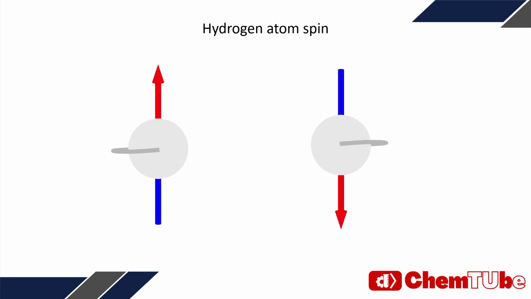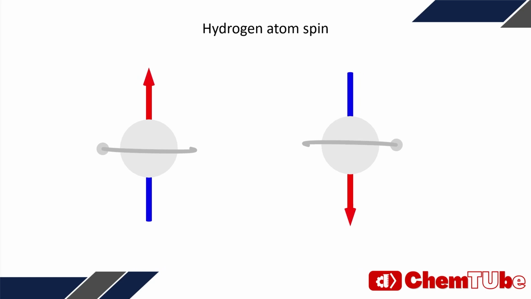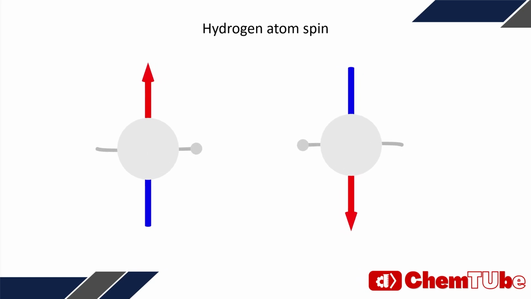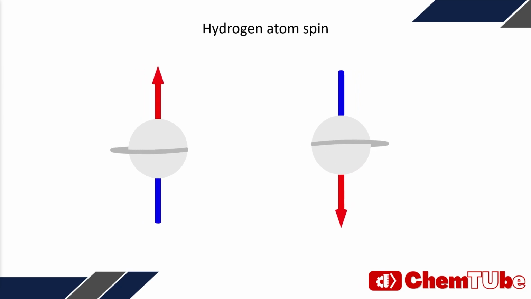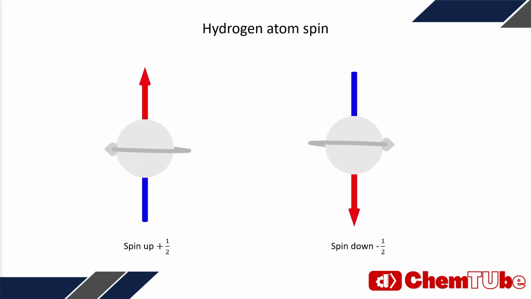First off, MRI uses the quantum mechanical property of hydrogen atoms called the spin. You may have learned about electron spin before, but protons also have spin. As hydrogen atoms can be found almost everywhere, it allows us to image a lot of different things. The nuclei have spin up, or positive half, or spin down, a negative half.